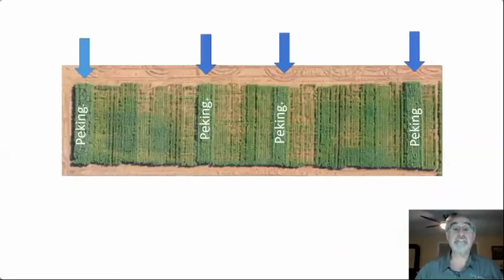So here's an example in Ontario where that same situation is occurring. This is one of my plots out of the West Elgin area, and you can see these blue arrows. Those are the Peking sources of resistance. This field is adapting to the 88788, and you can see that. You can see that some of these ones, these are our susceptible checks that we have in there,